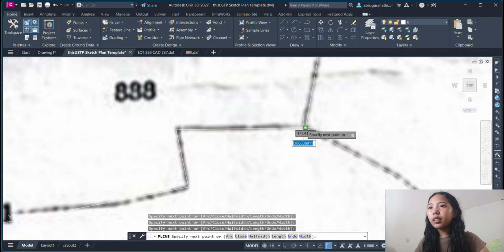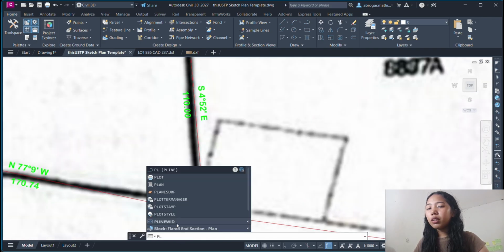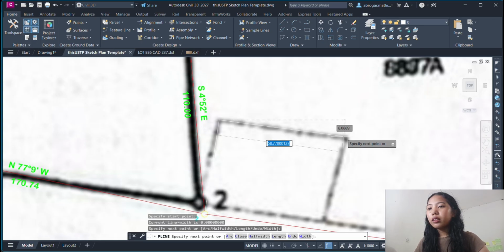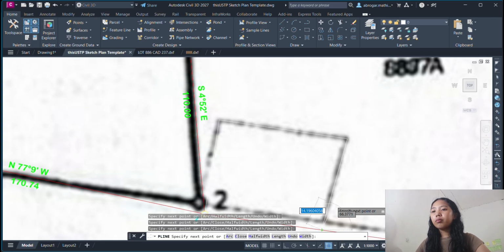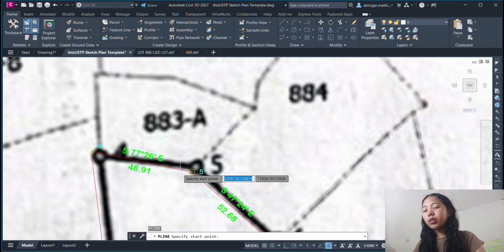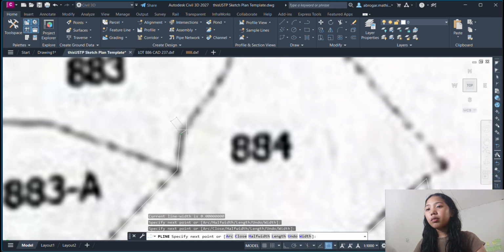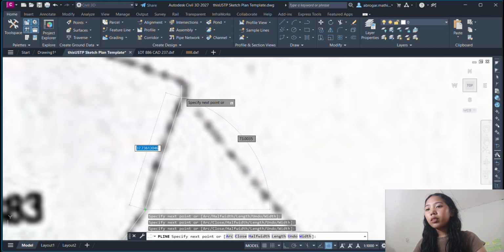8 degrees 29 minutes north, 65 degrees 8 minutes west. 8 degrees 29 minutes north and 124 degrees 39 minutes east.